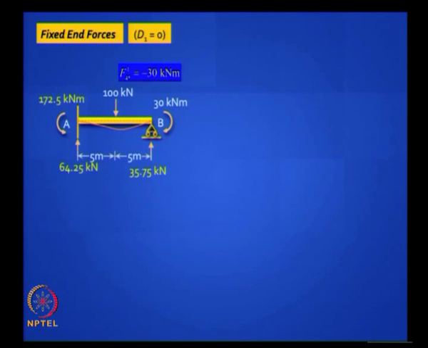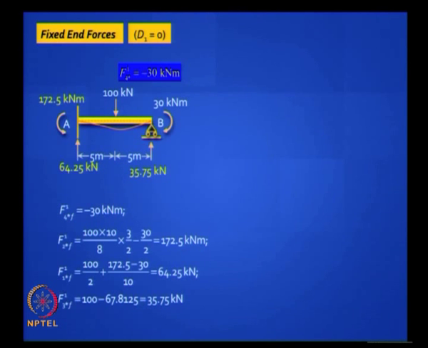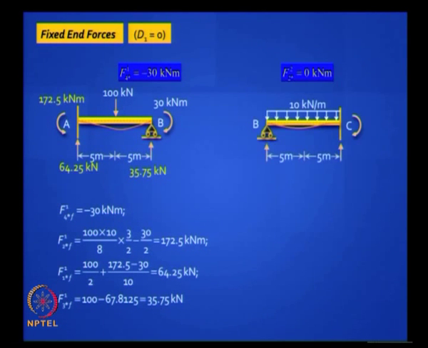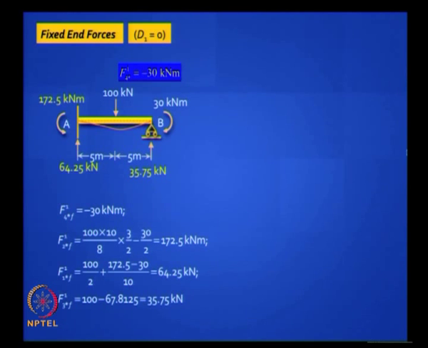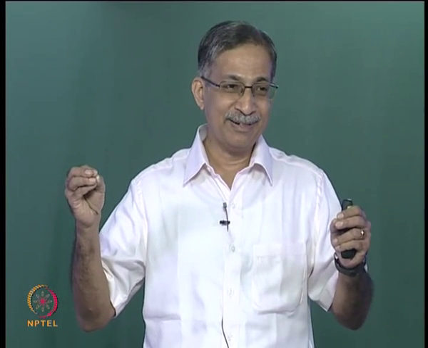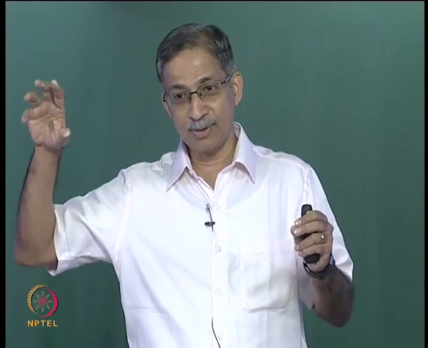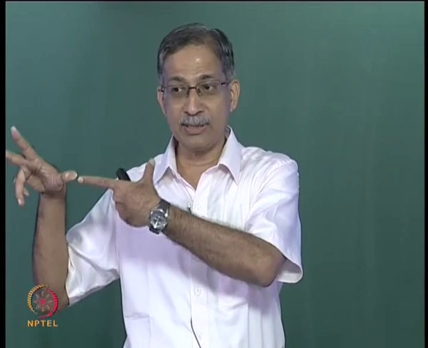find the fixed end forces, but now you give the release. We did the same problem, but at B we fixed it. Can you find fixed end forces for this? Yeah, that is easy to do, we have done this before, propped cantilever. What about the second element? By the way, your 30 kilonewton meter is now coming here as a local load in this member. So we shifted it from a nodal load to an intermediate load, that is the change we did. Earlier it was going to the structure, going to two elements simultaneously, now it has gone to one element as an intermediate load which will generate a fixed end moment. Is it clear? Makes good sense.